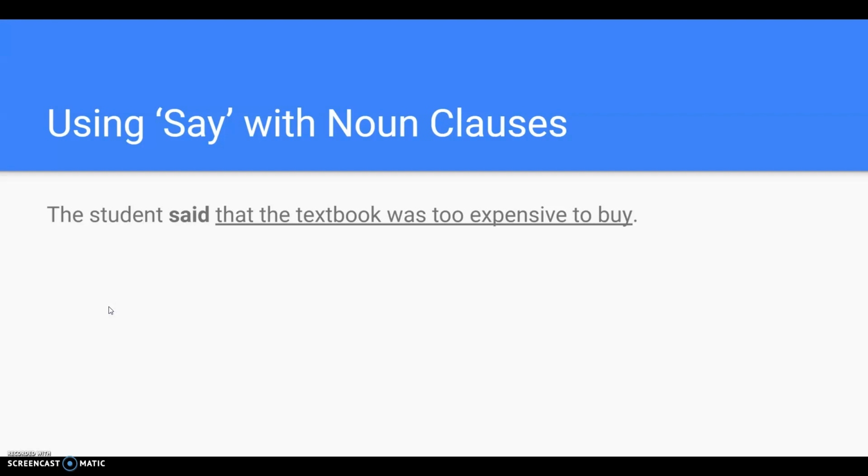So here's a sentence. The student said that the textbook was too expensive to buy. So we have the subject, the student, and then the verb said, and then we have the noun clause, that the textbook was too expensive to buy. Here's the second sentence. She said that she was too busy to study. So we have she, subject, said, the verb, and then we have the noun clause, that she was too busy